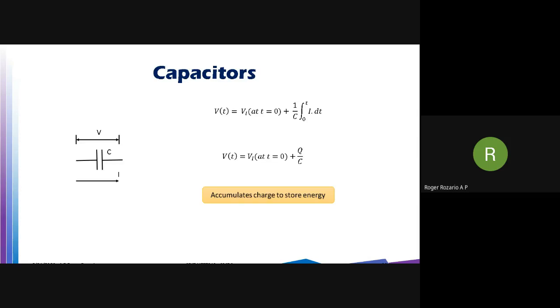So from this, you can understand the capacitor stores energy by accumulation of charges. When you increase the charge density between the two plates of the capacitor, the amount of energy stored can also be increased. This is the basic principle. When you increase the charge, the capacitor accumulates the charge and stores more energy. And that is the basic function of a capacitor, right? To smoothen the power flow by storing the energy and giving it out whenever it is required.